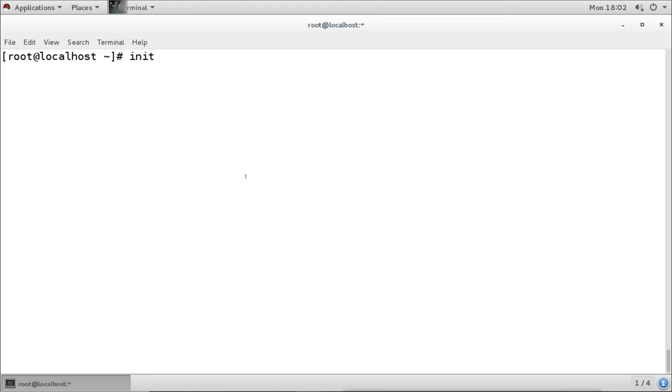We use the init command to change the run levels in previous versions. Run levels are not there anymore, but we can still use this command. As I said, RHEL 7 is a sudden change after RHEL 6. Administrators who were working from RHEL 4, 5, 6 were very used to this command, and they were using it just to change the run level. Now we don't have any run level, but this command is still there and it does the job. It actually changes the run levels.